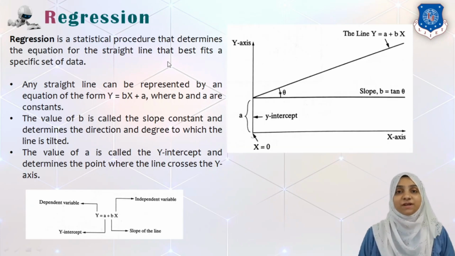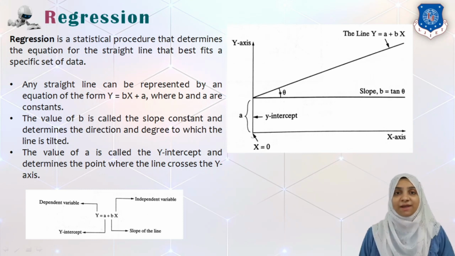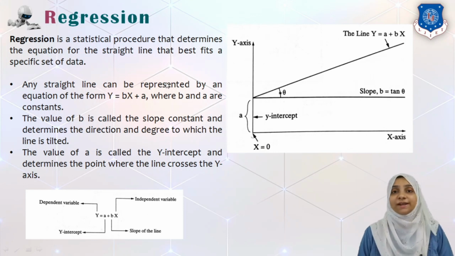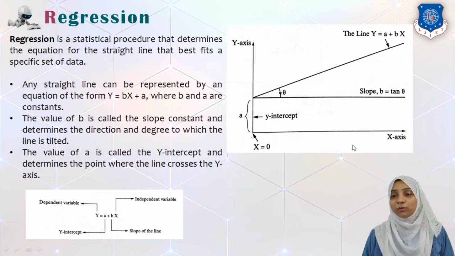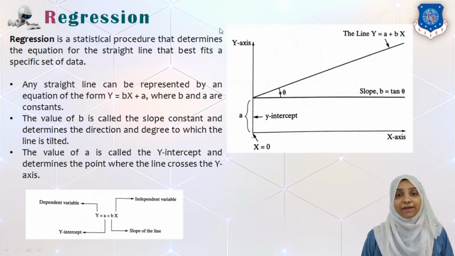Let us start with the simple definition of regression. So regression is a statistical procedure which determines the equation of a line that fits a given specific set of data. So in a regression kind of problem, we are basically given some data points in some dimensional space and we are expected to fit a particular line that best fits or covers most of the data points given in an n-dimensional space. While we are talking about one-dimensional data, over which we have only one input represented over the x-axis and output represented over the y-axis, we represent the equation of a line, which is nothing but equivalent to fitting a regression model.